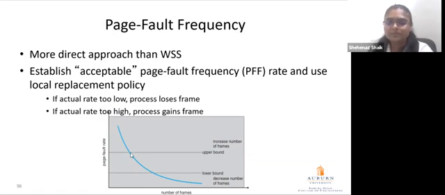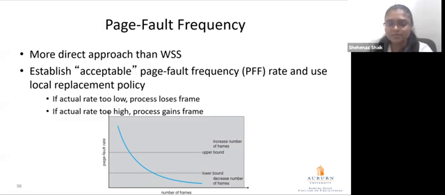Ideally, if the page replacement algorithm does not suffer from Belady's anomaly that we have discussed, then if we increase the number of frames allocated to a process, the corresponding page fault rate of the process either remains the same or may even reduce. Okay? So we should be able to verify the change in page fault rate by